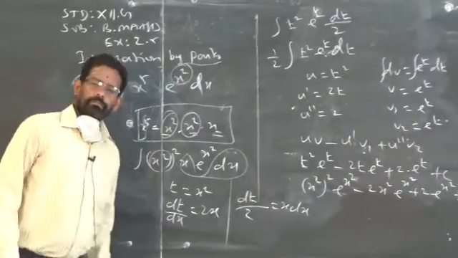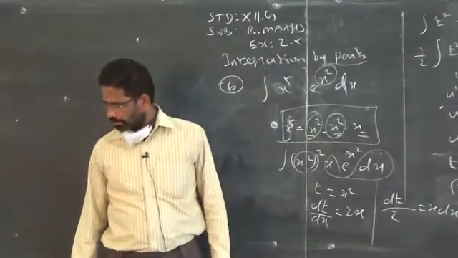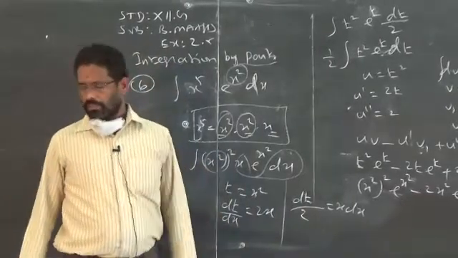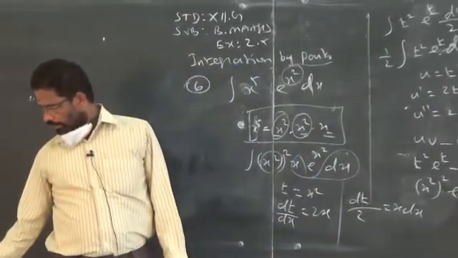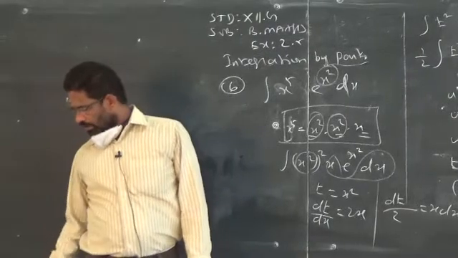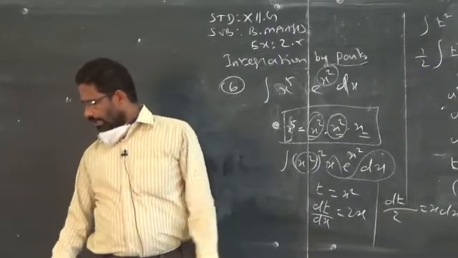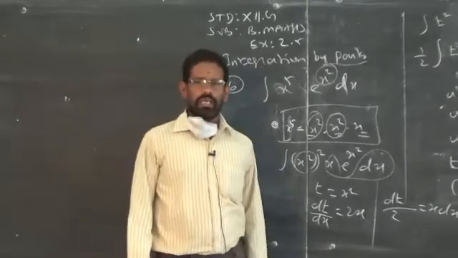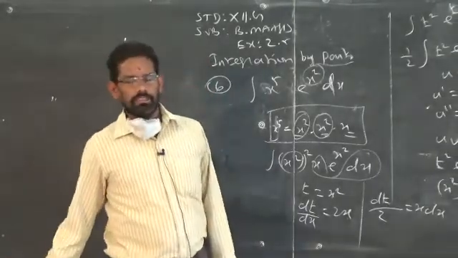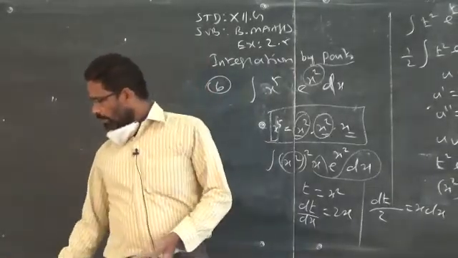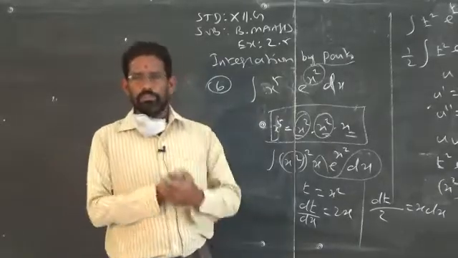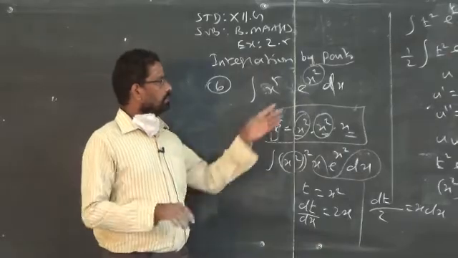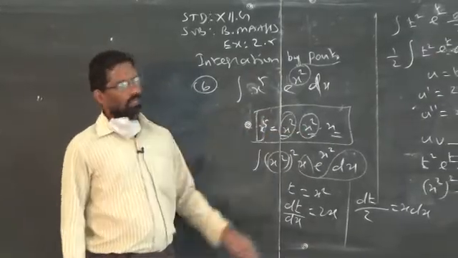Clear? Only one sum is left, that is sum number 5, as homework. You try at home. Next class, we will see sum number 5. Then we will go to exercise number 2.6, where you have to use some IQ to find the solution. After that, the rest of the exercises are very simple. Only 2.6 is a little bit confusing for you, so we will concentrate on exercise number 2.6. It will be very easy and important also.